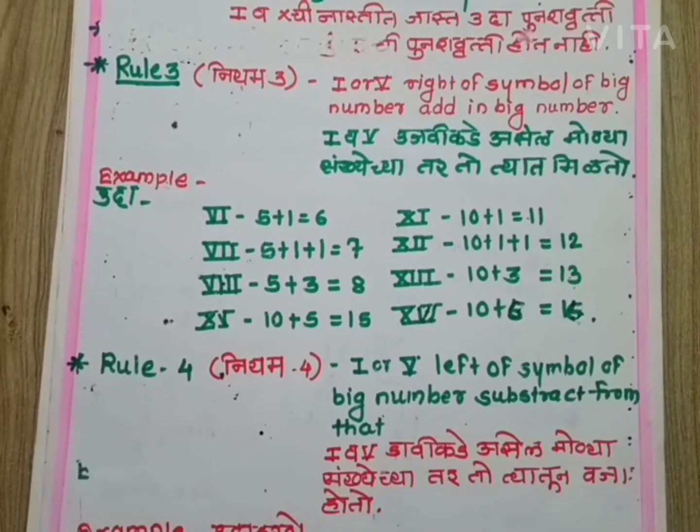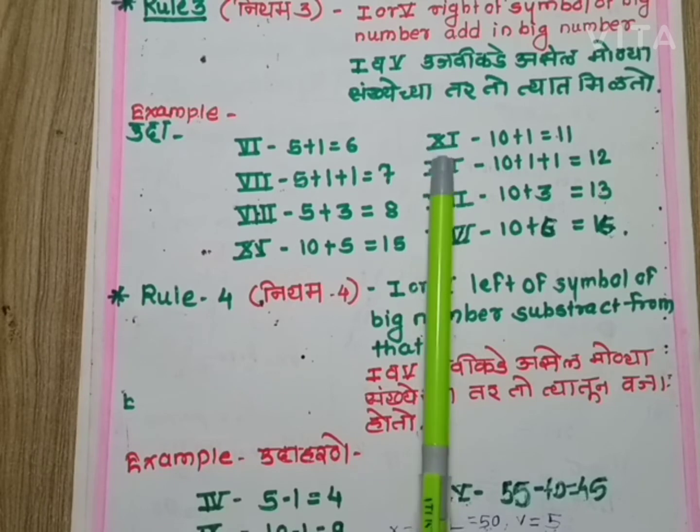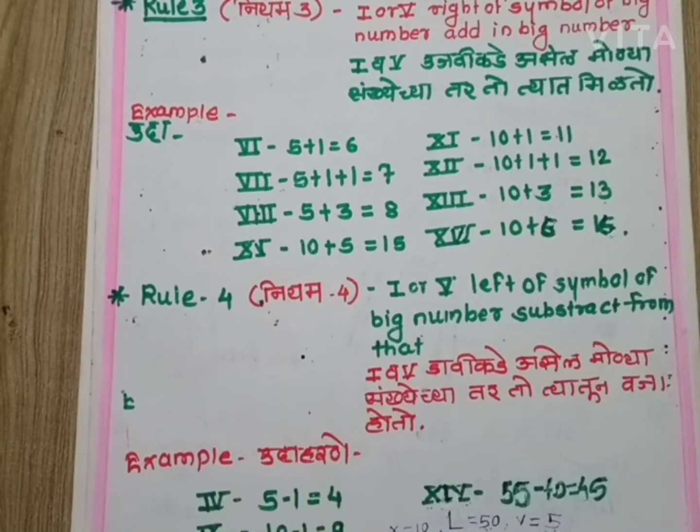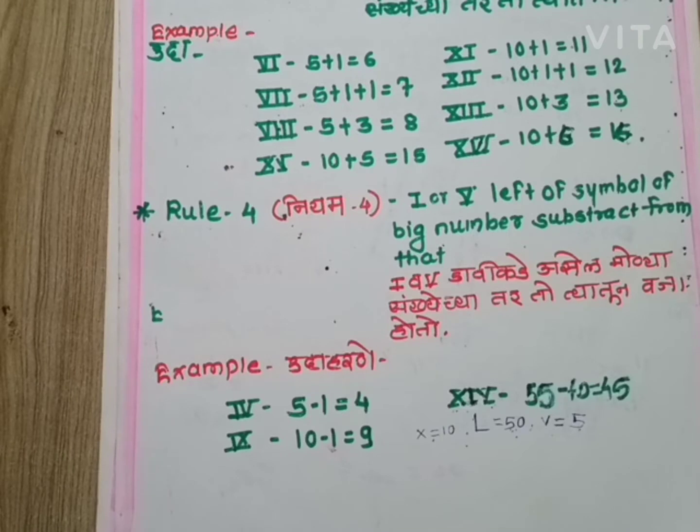So now we go directly to rule 4. Rule number 4 is the same as rule number 3, but here there is a change in the position of I and V. By this rule, when I is written on the left side of V or X, its value is subtracted from the value of V or X. However, the symbol I is not written more than once before V or X. To understand this better, we take an example.